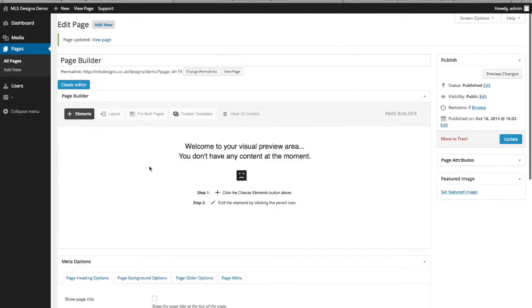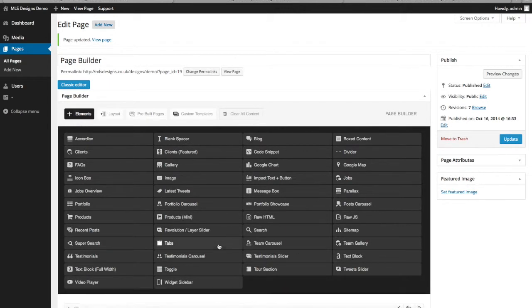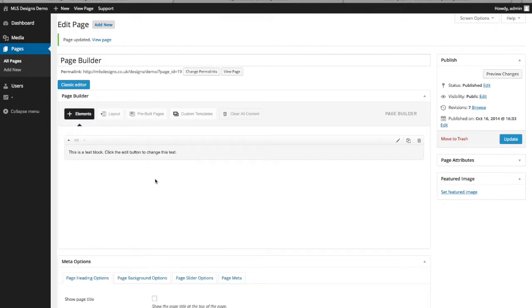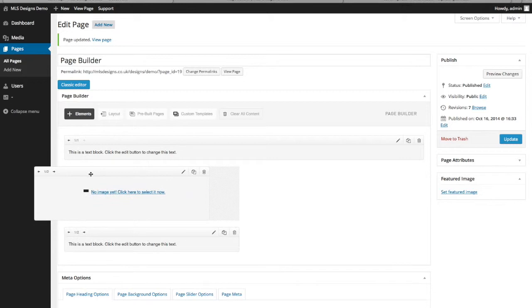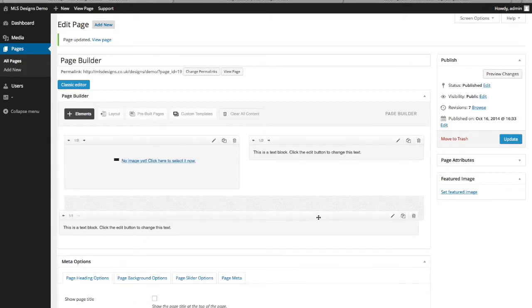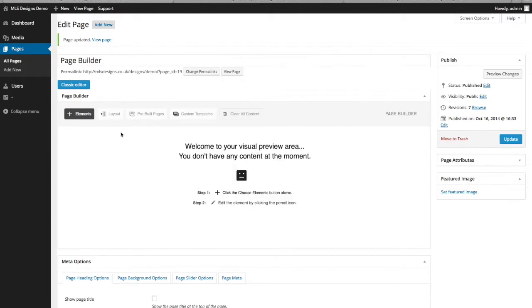So I'm just going to clear this down, and I've got one more thing to show you here, which gives you a bit more flexibility over your layout. Now we've already looked at how we can put different text blocks and images in. If we just put these back in again, so we could say we'll have a full text block, half size image and half size text, like this, and we've seen how we can drag and drop elements around the page like that. But it might be that you need a little bit more flexibility,